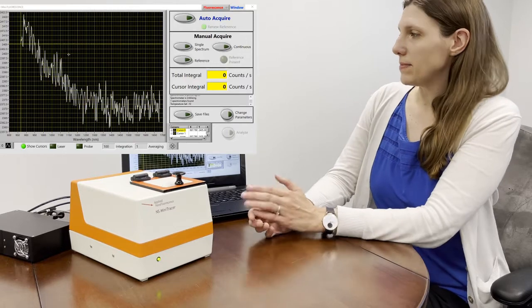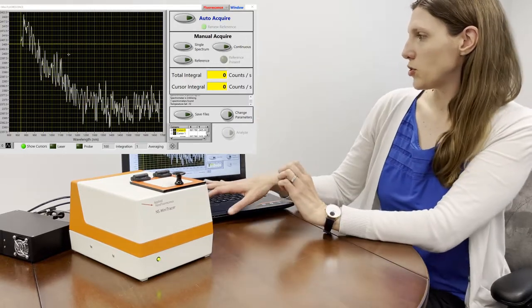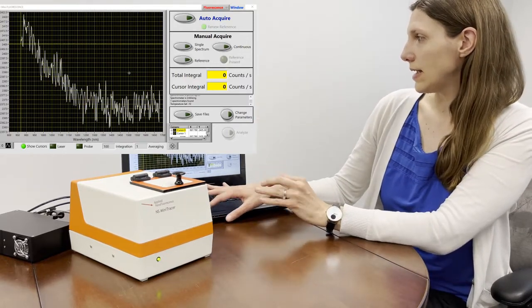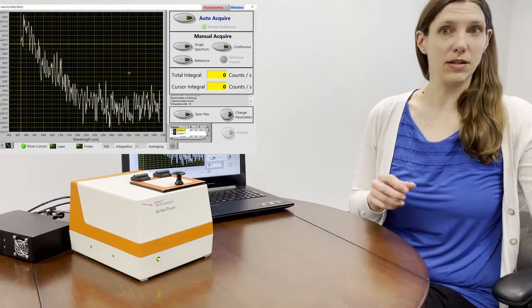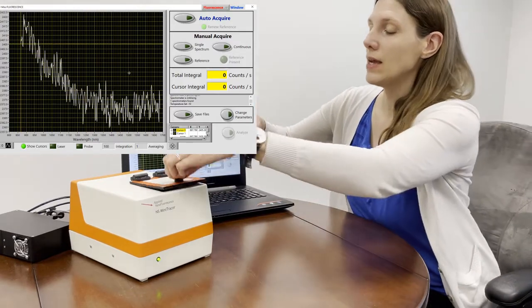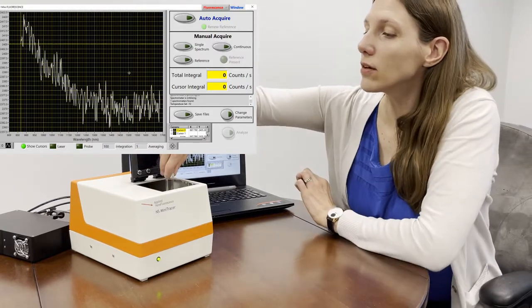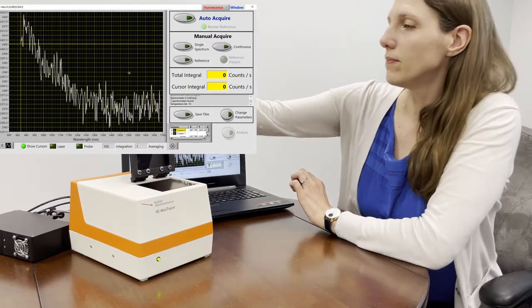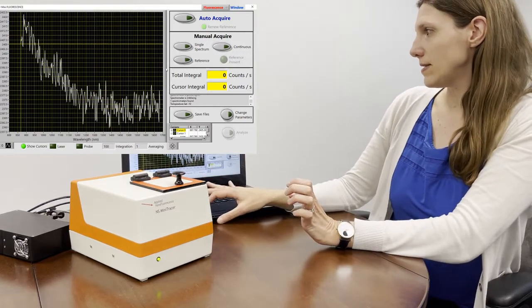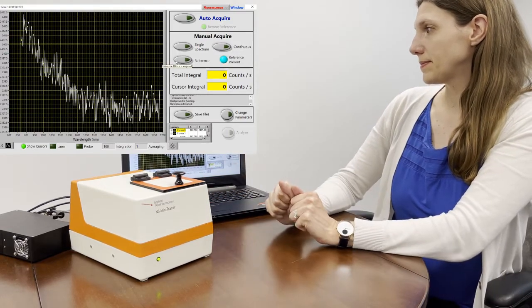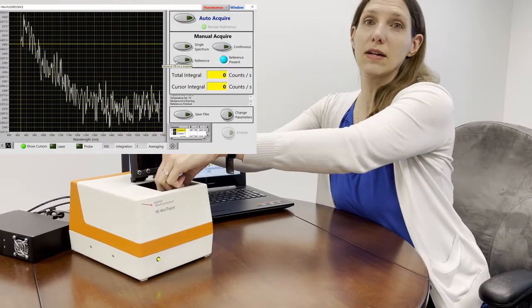So when it starts up, it immediately takes just one trace of the background. At this point, we can go ahead and start using it if we're interested in it. So if you already know what your sample parameters are, or you just want to take a quick look, you can take a reference at the current settings, and then you're ready to start acquiring your